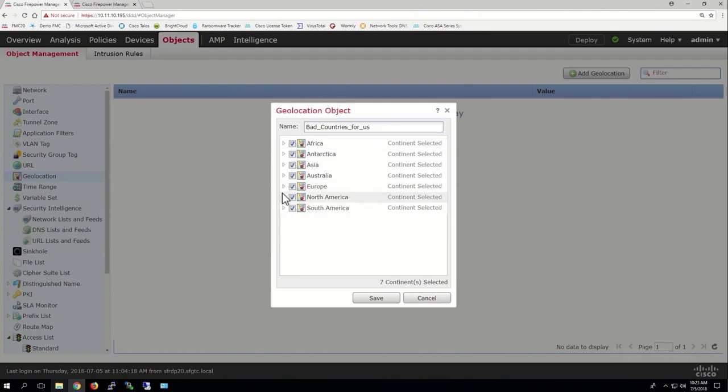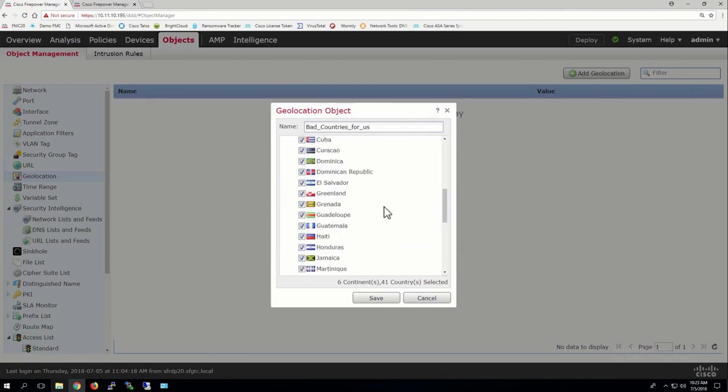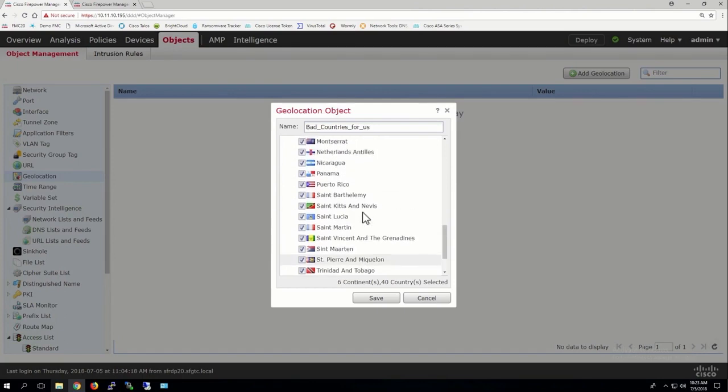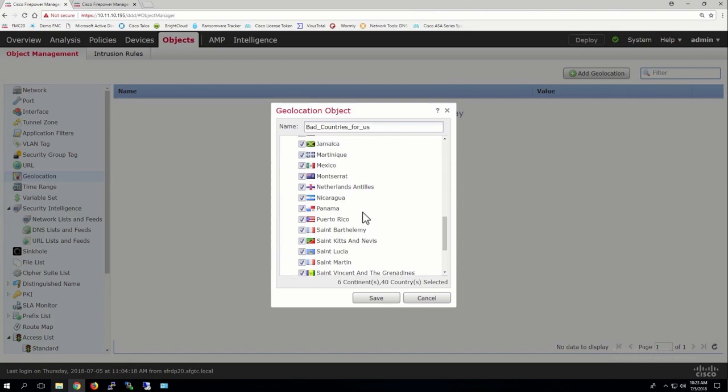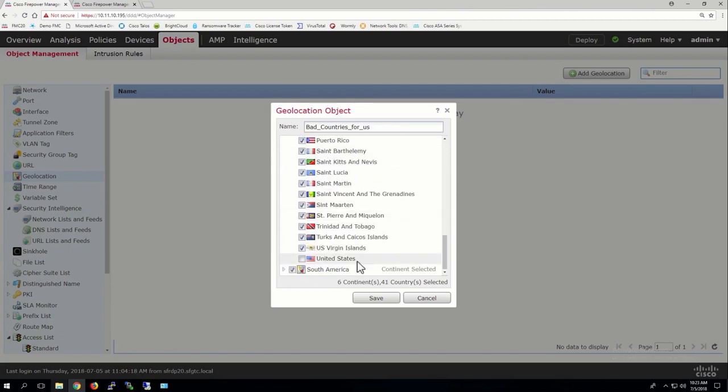Now, we have to allow something through. So I'm going to come under North America, that just happens to be where I'm located, and say I'm going to allow Canada, and then I could come down here. We should probably allow the United States. Really what I ask is, where do you do business? And the fact is, I get companies that say, we never do business outside the United States ever. We're a local bank. We don't need anything. So it kind of depends. You might want to undo some of these based on your business. You have to do some business research. So in this case here, I'm just going to allow the United States.